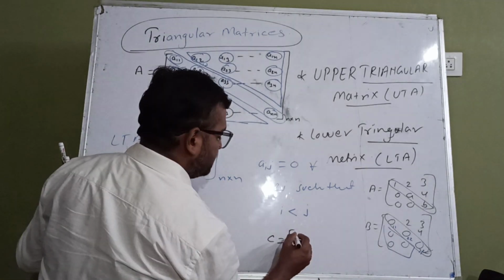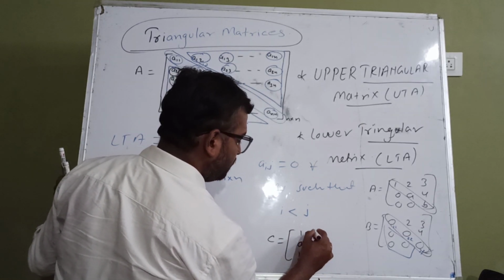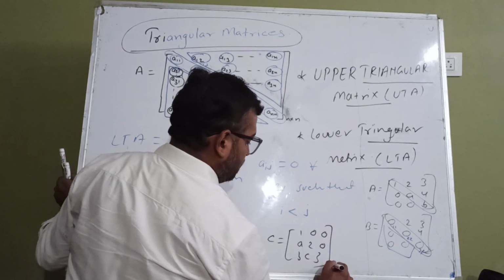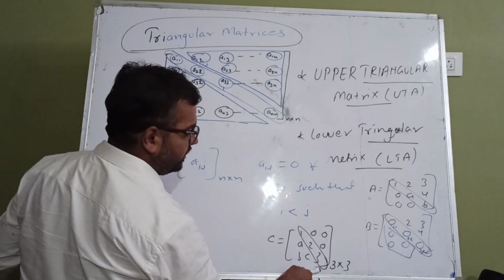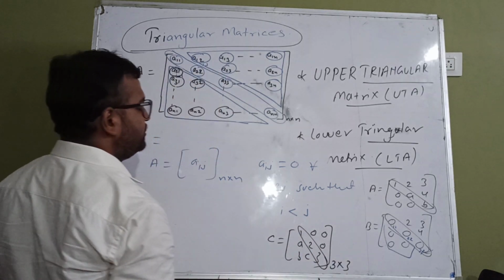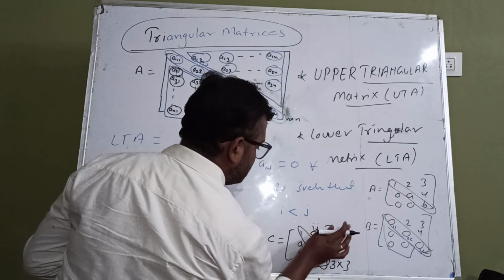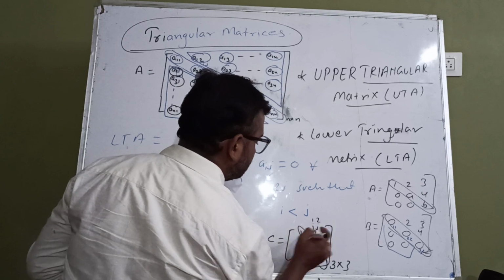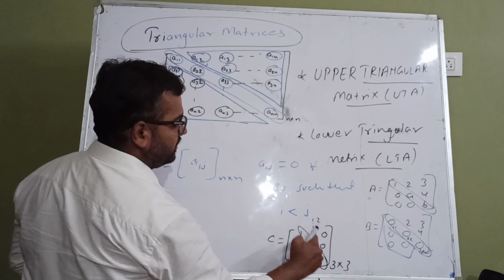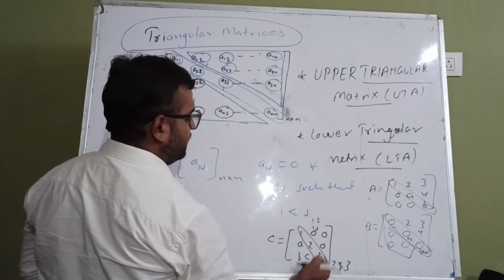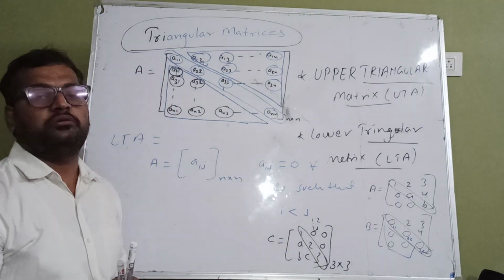C is a square matrix, here 3 by 3. We can say that here are the diagonal elements, and above the diagonal elements all are 0. And what is the position? i and j. This is the position here. 1 2, which is greater? j is greater here. For 1 3, j is greater. Here 2 3, j is greater. Then for all such conditions, we can say this is your lower triangular matrix.